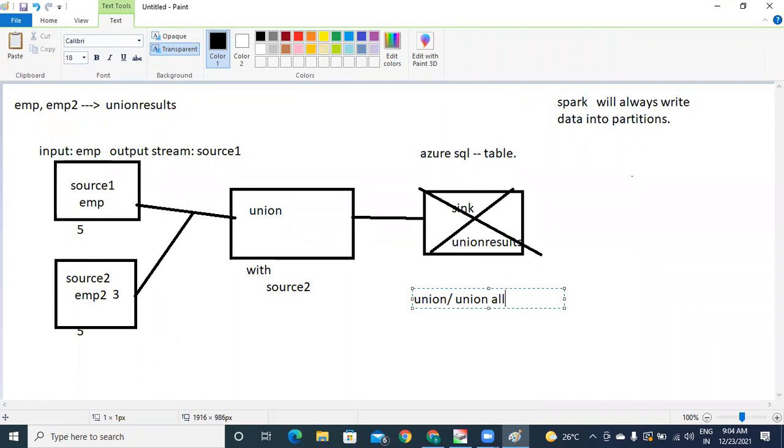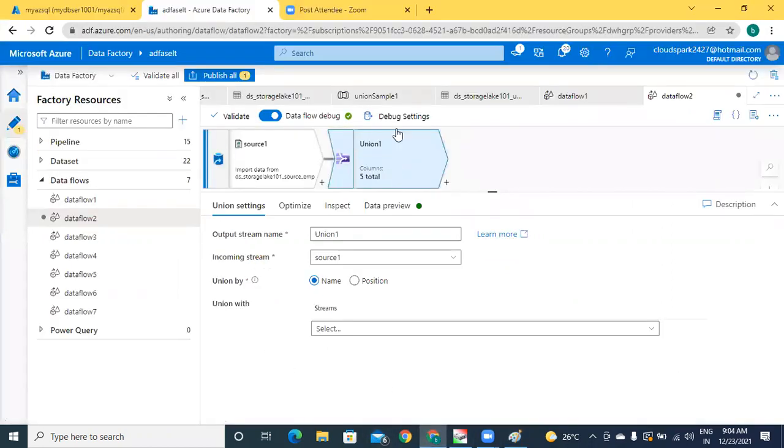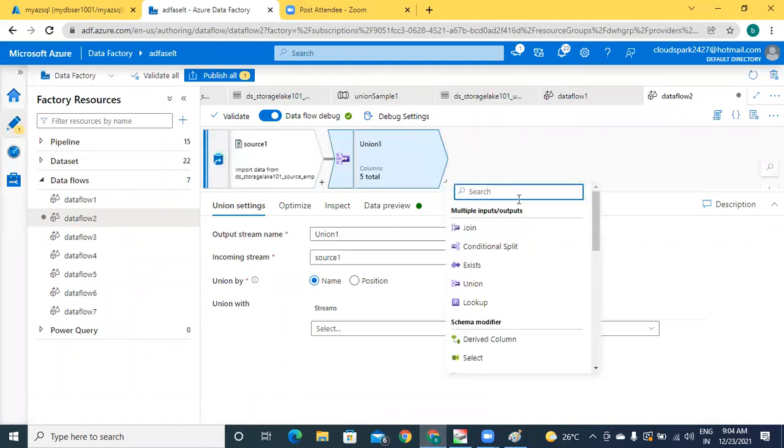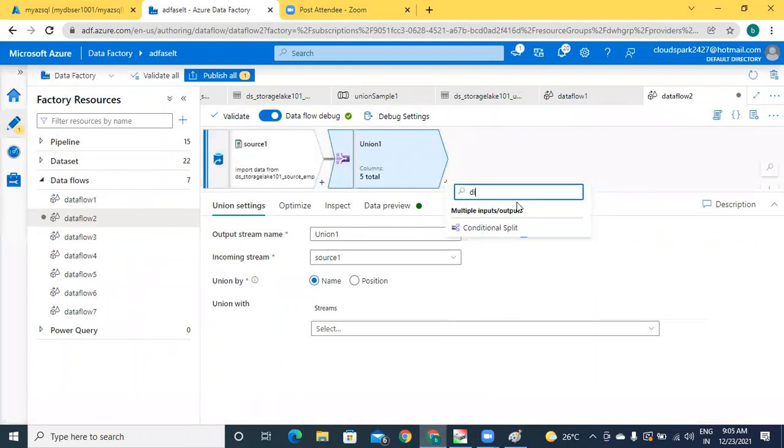Got it. So at this moment, first of all, you have to check whether there is an activity called distinct or not. In SQL, you have distinct. The distinct function is eliminating the duplicates.